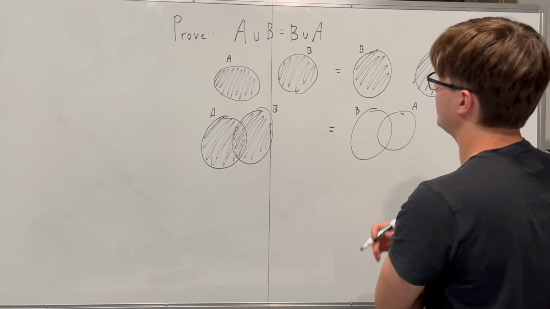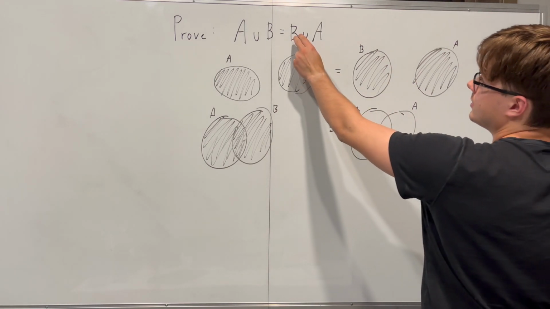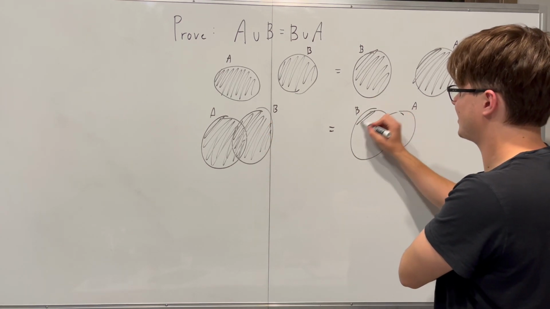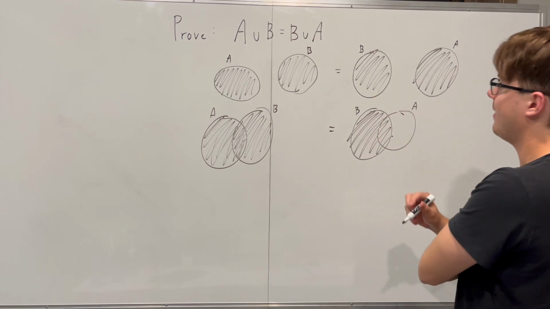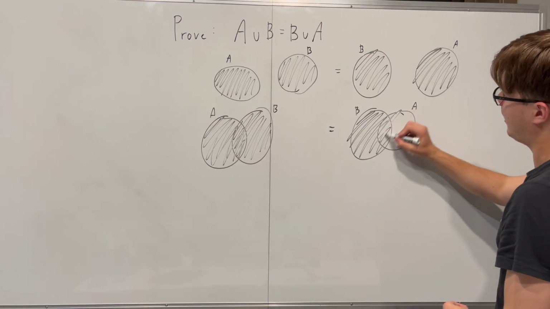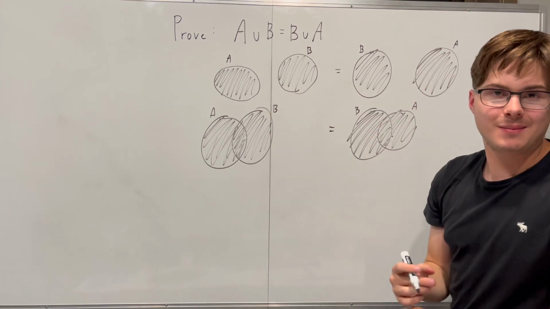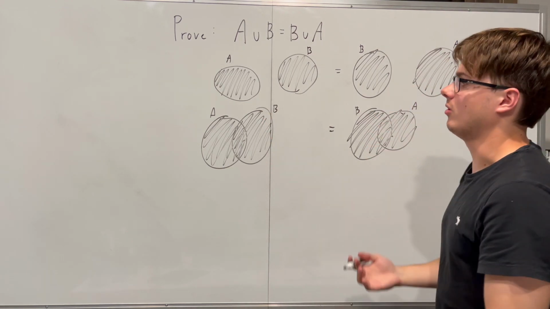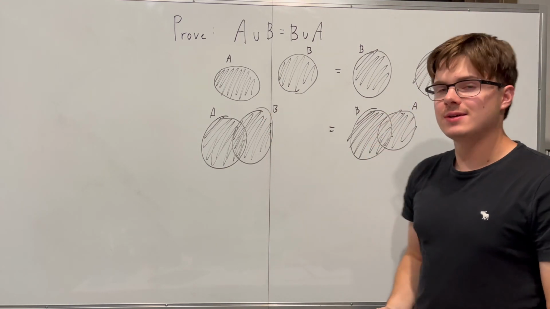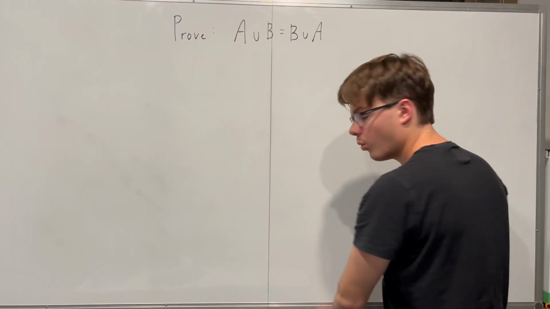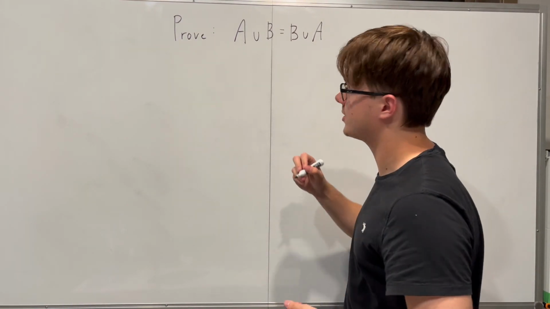Let's try the same thing here. Does B unioned with A look the same? Well, B unioned with A means that we want to consider everything in B, and then we want to consider everything in A. And the answer is yes, these look identical, right? You can flip the names, it doesn't matter. These look identical. So it looks like this statement is in fact going to be true, so let's go ahead and prove it. One more case I forgot to mention that you should always think about is